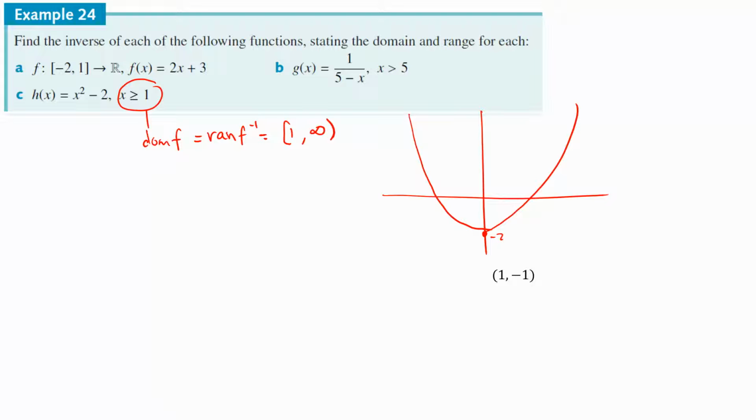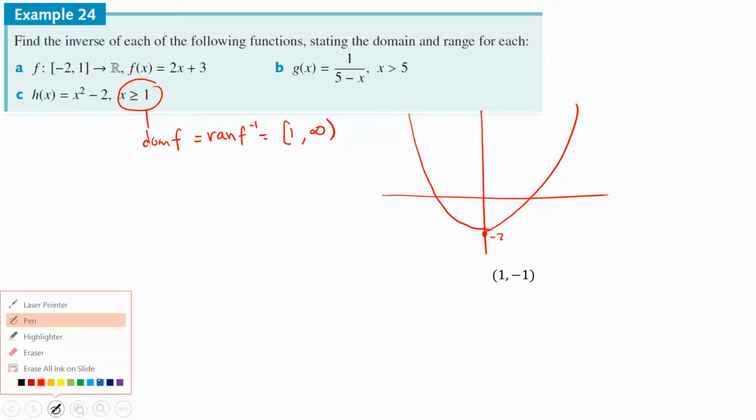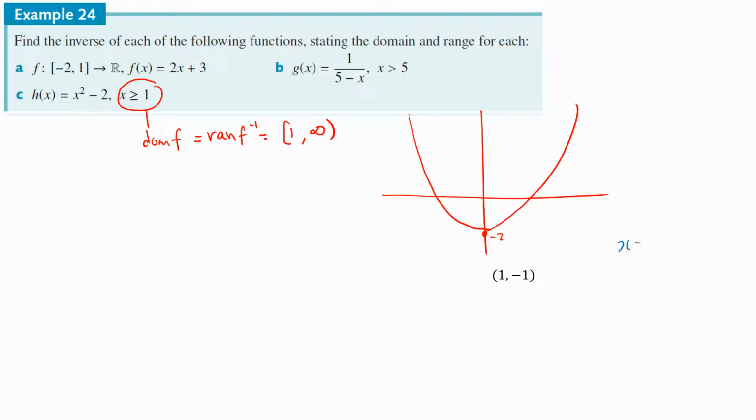So now you actually have to find out, well, where is 1? When x is 1, where is my y value? Okay, so you think about it. h of 1 is equal to 1 squared minus 2. I'm just subbing it back to the equation. Gives you negative 1. So that tells me when x is 1, y is negative 1. So I'm actually sketching it from here